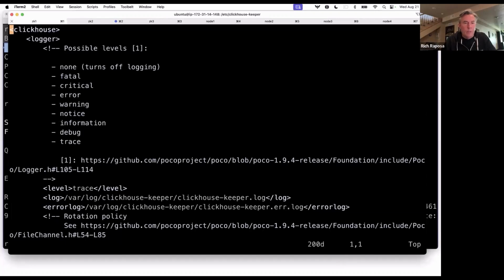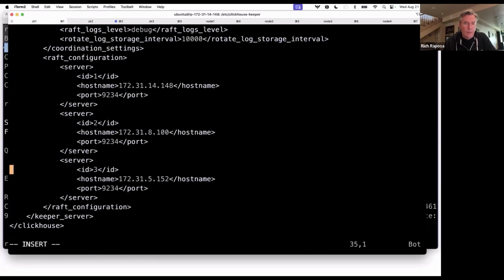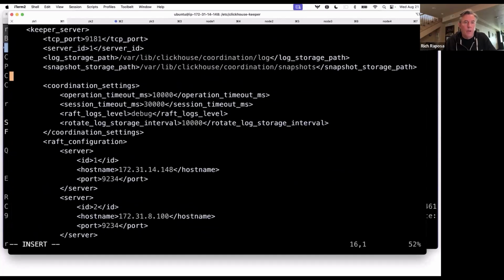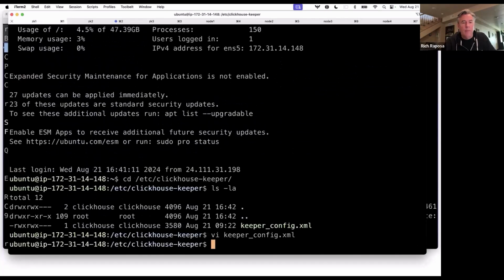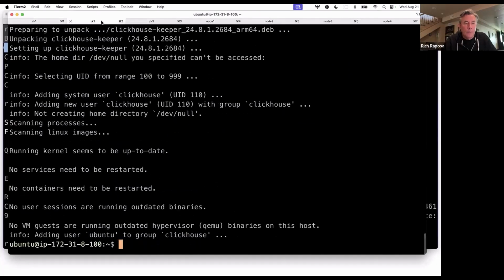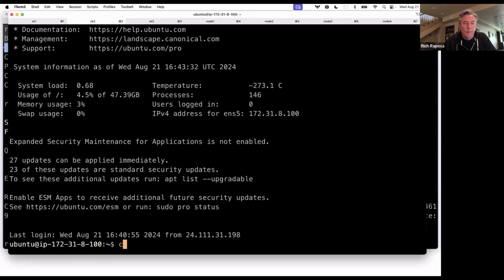And I'm going to insert my settings. So these are the 3 Zookeeper nodes. They can all find each other. This one's server ID is 1, and I'm pretty happy with that. So I'm going to save it. And then I'm going to go into the second one. Again, I'm going to log out and log back in. That's just so my settings kick in. And I'm going to go into etc/clickhouse-keeper,